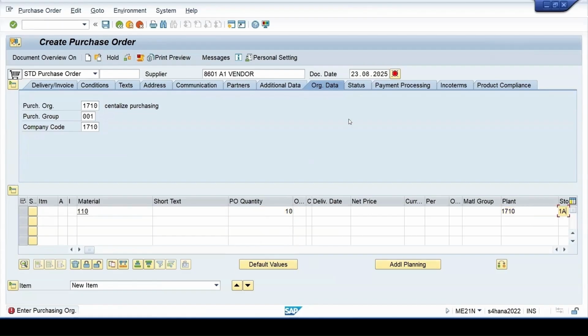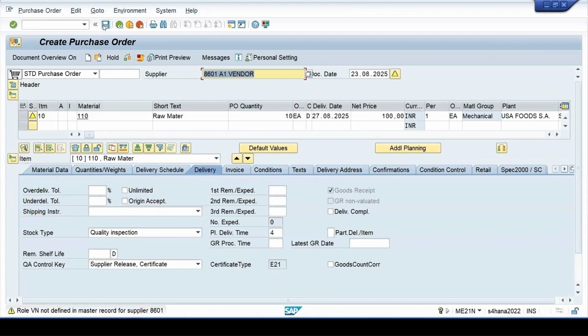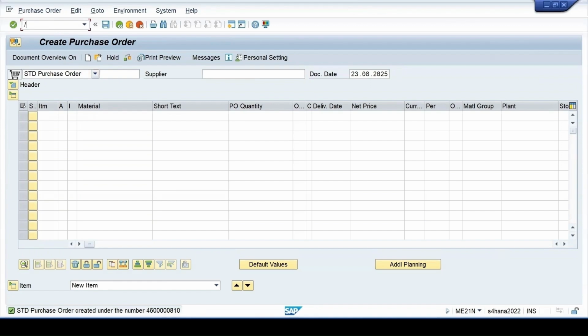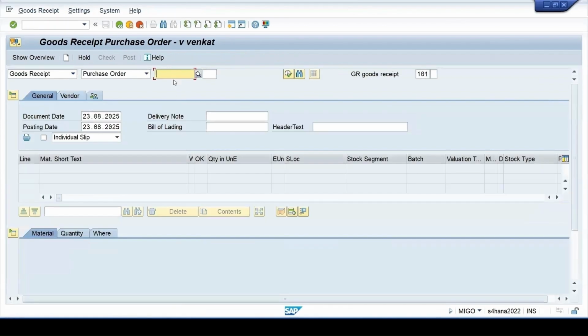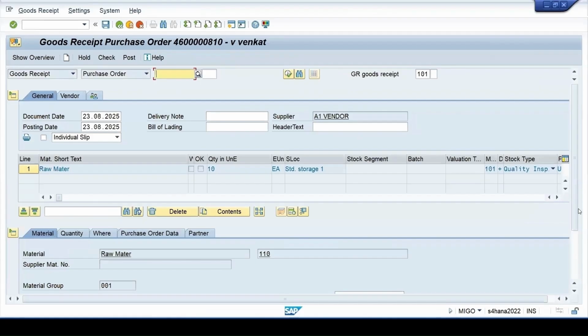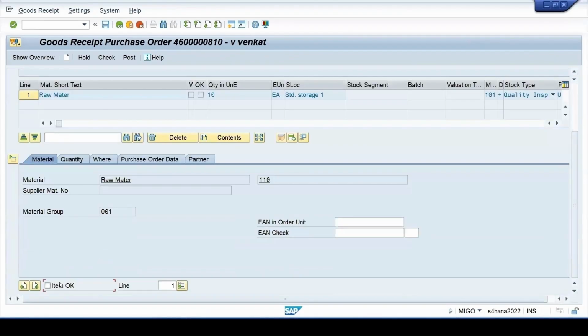Let me save this. So it is 810, goods receipt, 810 item, and then check it once and then post it.